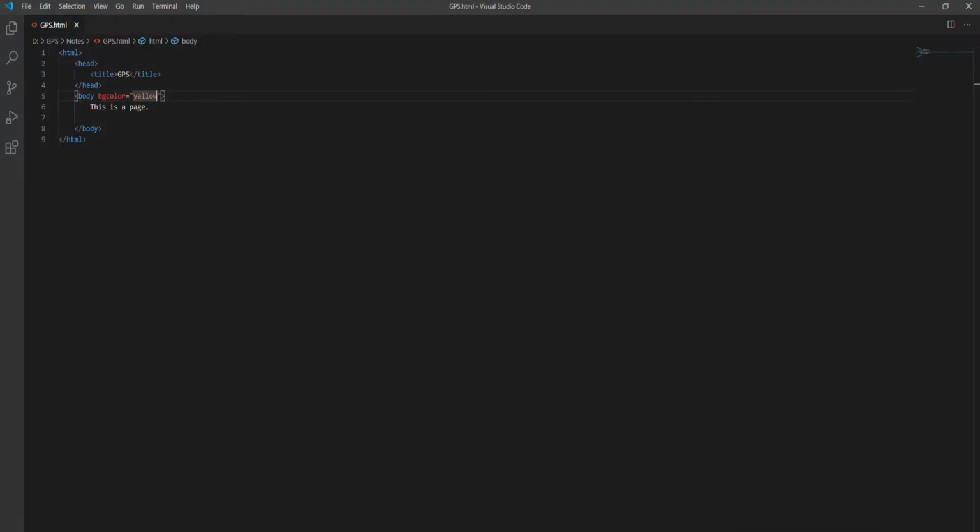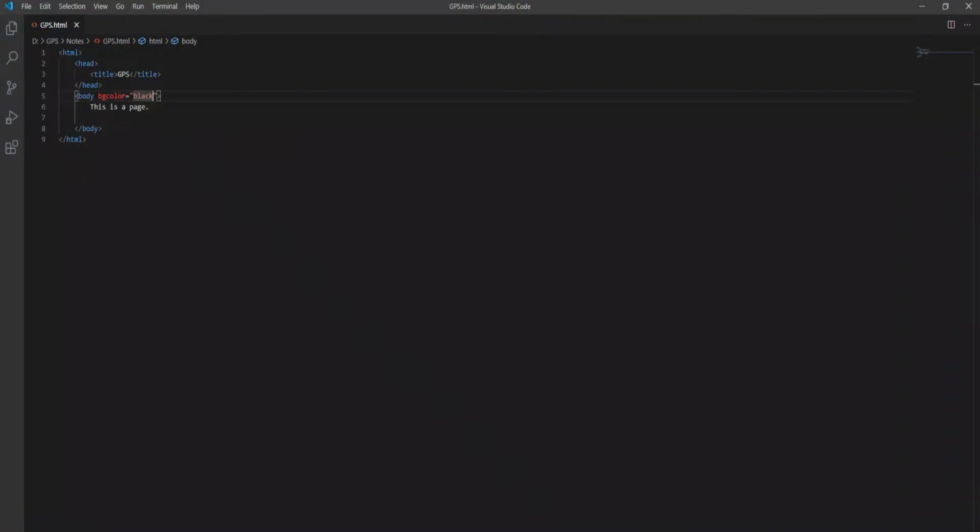So if we want to change any color, then we can write here. Let's suppose we want to set it as black color, so we can use it here, right? So this is the black color of the web page. Every color which we want to write, we have to write the name as bgcolor. So bgcolor, what is the use of bgcolor? Bgcolor is a tag which is used to set the background color of your body, of your web page, right? So this color is used.